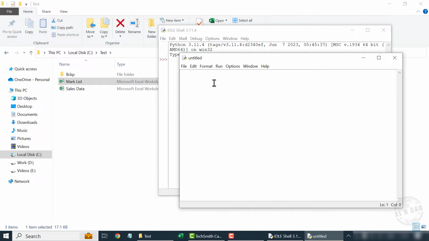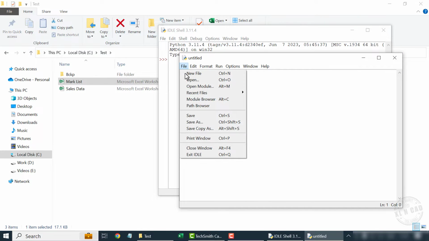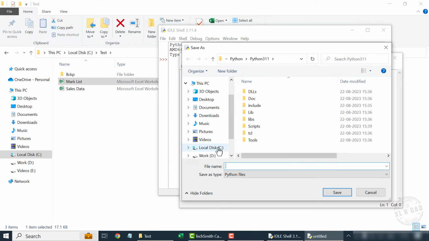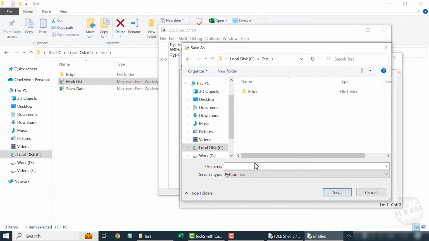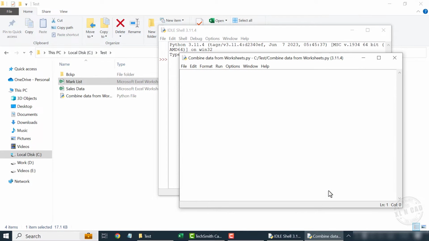Let's save this file before writing the code. File, Save. Type in the file name, save,